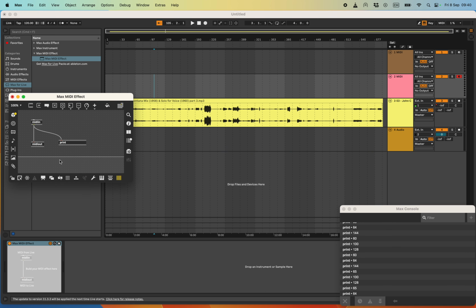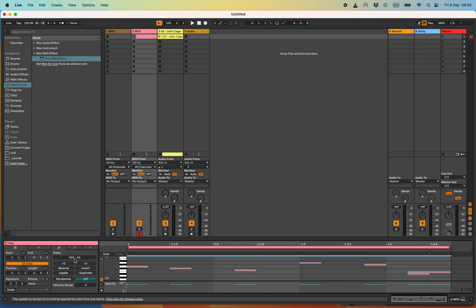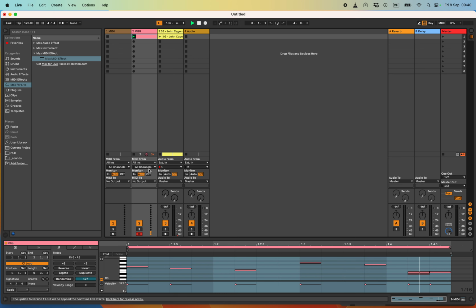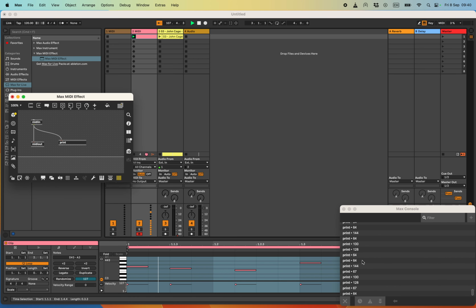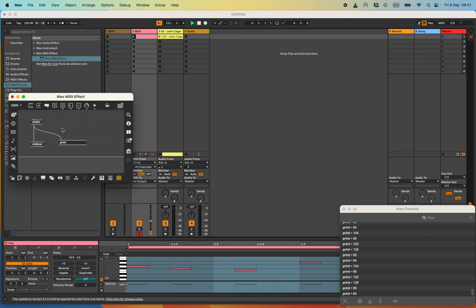And we go back to Max. Oops, no, that's not working. I actually need to make a small MIDI clip. Here we go. Loop it, play it. Okay, that's it. Now here, this prints just raw MIDI data. Now to interpret raw MIDI data, you want to use MIDI parse. If I put this here,